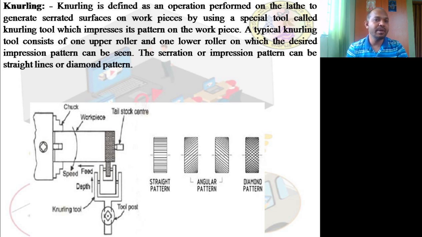Knurling is done on metal sheets to improve their appearance and to provide a better gripping surface. In order to get a better grip, this is what is being used. Is it clear? Typically, it is conducted on the lathe, whereby patterns of straight, angled, and crossed lines can be achieved. Is it clear? If you ask me what the use of knurling is, it is only, once again, to provide a good gripping surface.